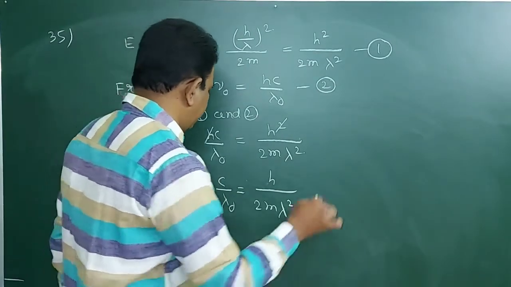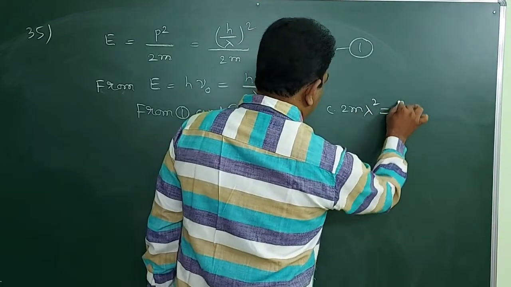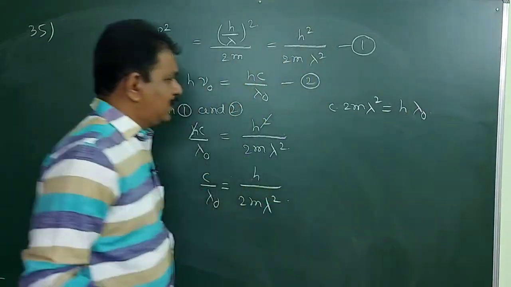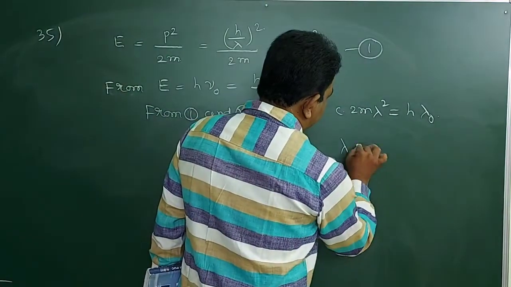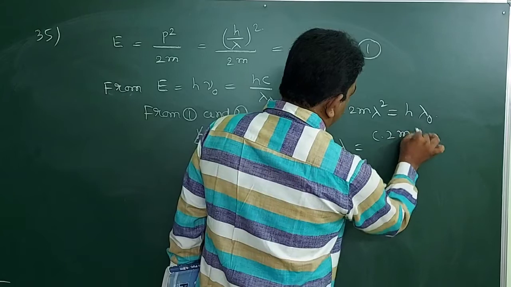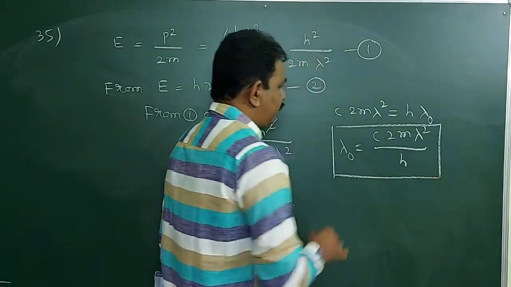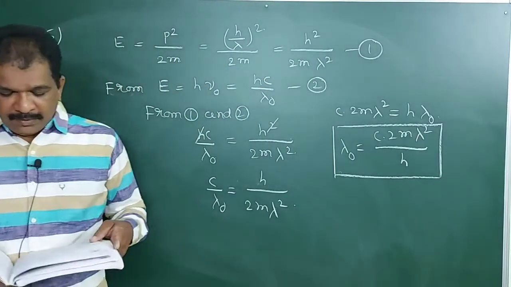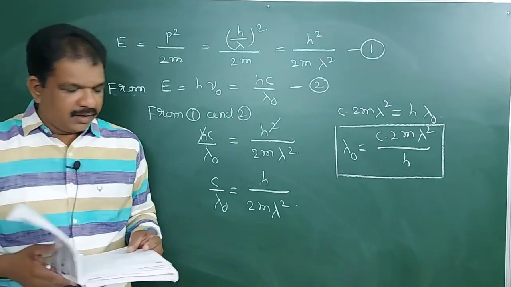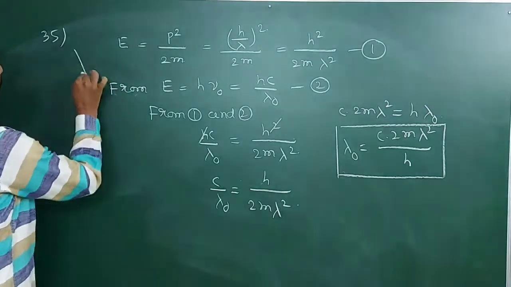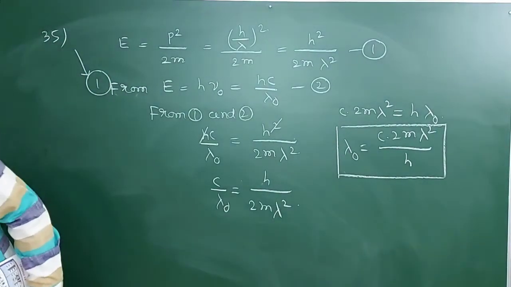Take cross multiplication: c into 2m lambda square is h lambda naught. Then lambda naught is equal to 2mc lambda square by h. So it will be the first option. Clear? Next,